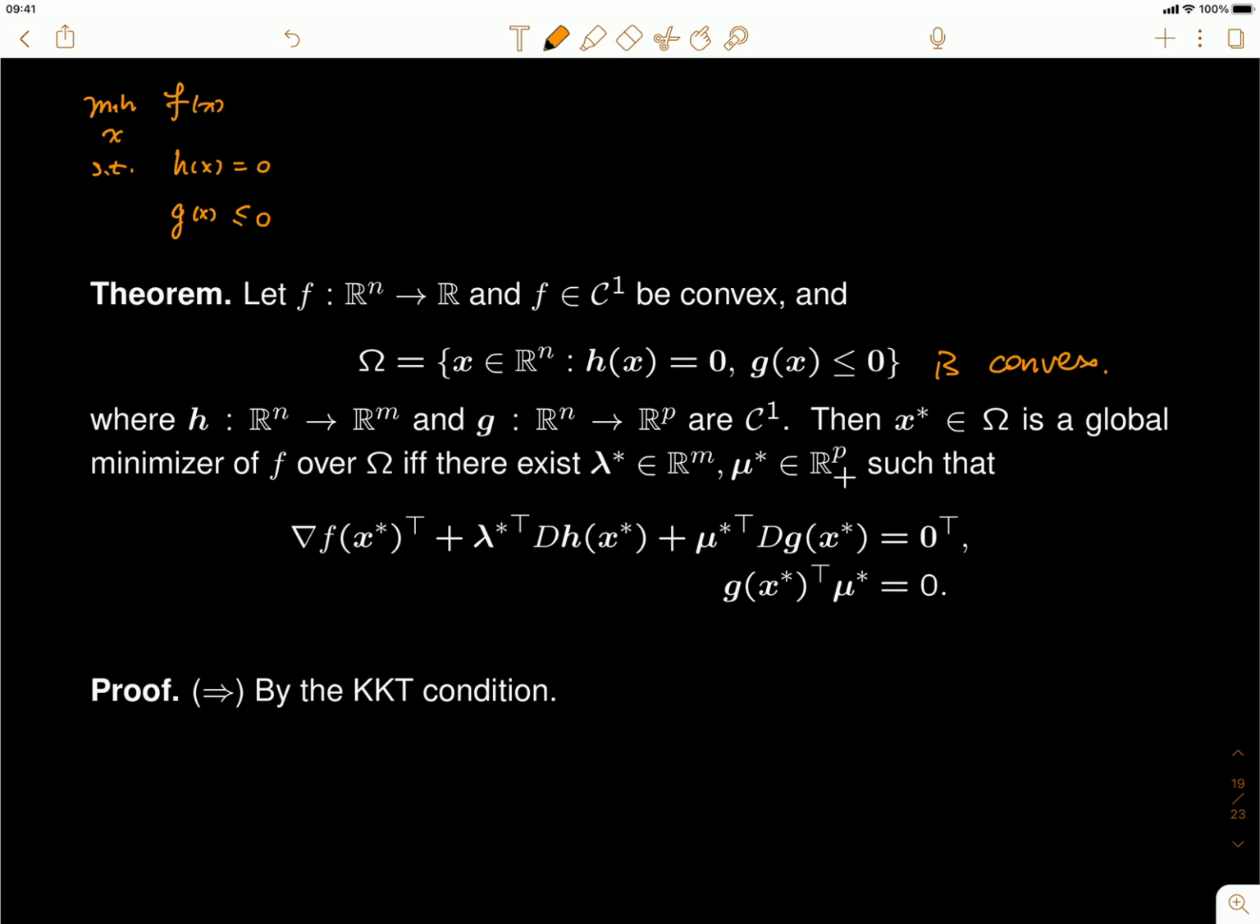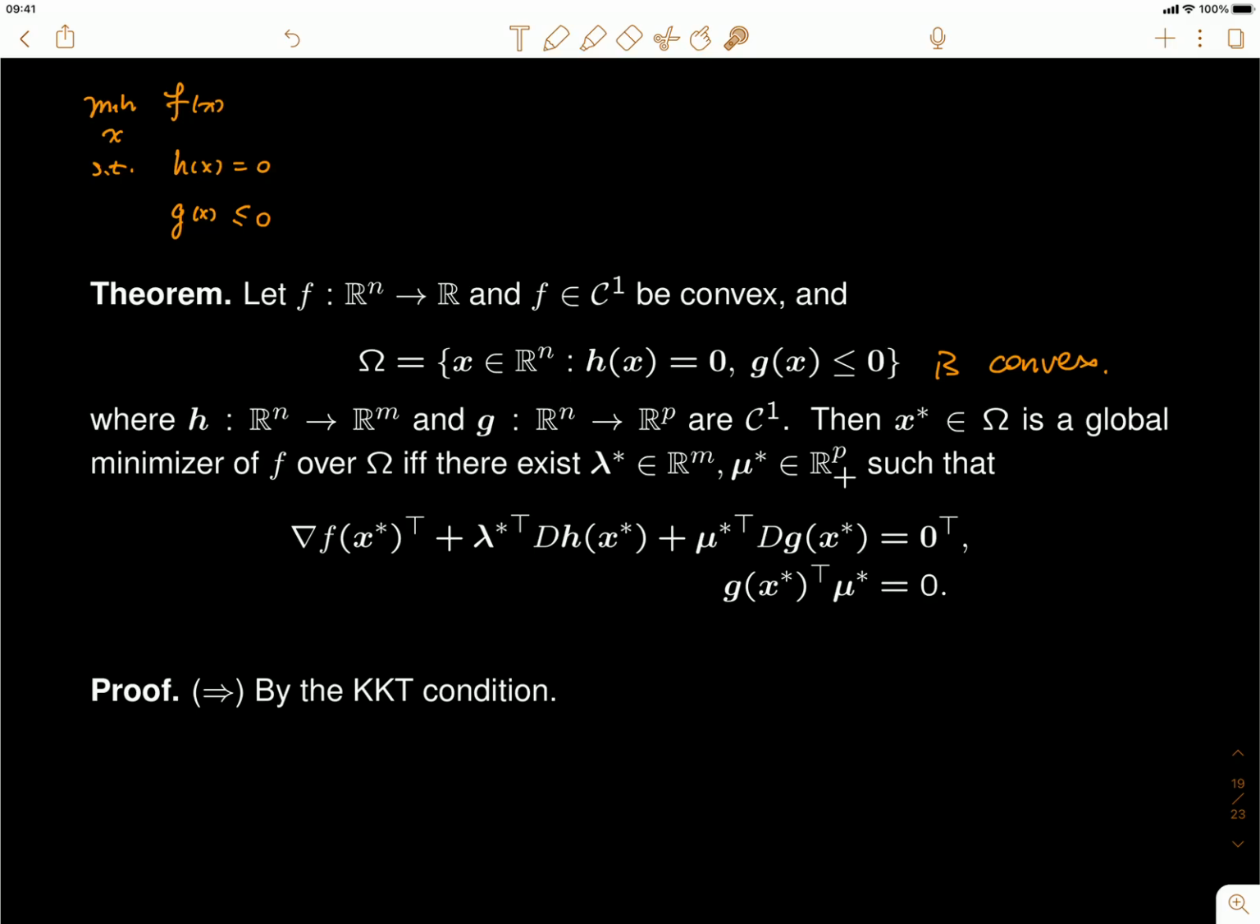It's a convex set where this H is a mapping in this way, where it has m components, and G is a function in this way, and it has p components, and they're both C1. You just make sure that they can give rise to a convex set omega here. Then the conclusion is that x star in omega